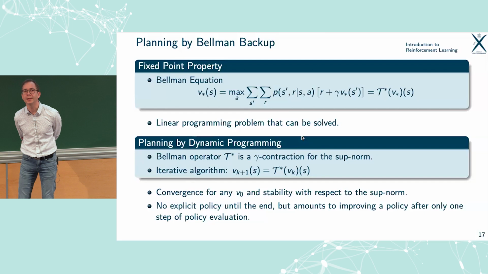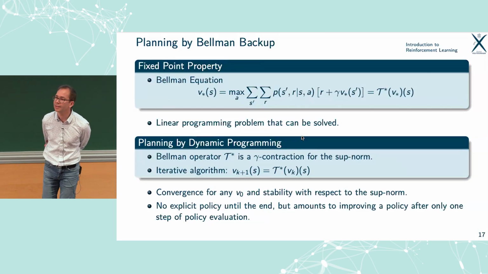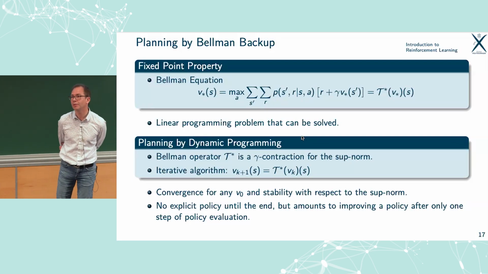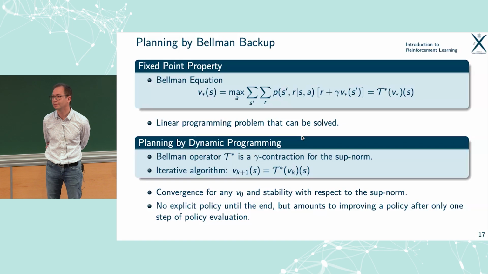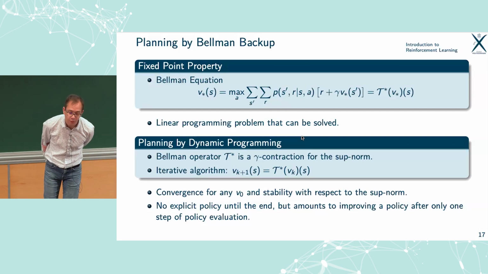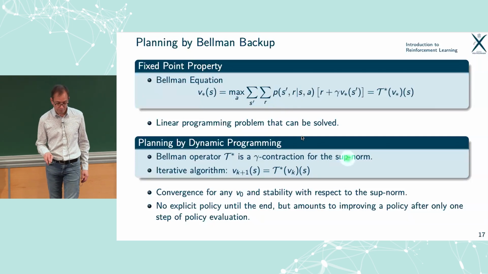And there is another way to look at this problem. Instead of enhancing a policy, maybe I want to find directly the best one. There is an equation which is somehow equivalent to the linear one that we've seen, which is called the Bellman optimality equation. It's almost linear, except there is a max.